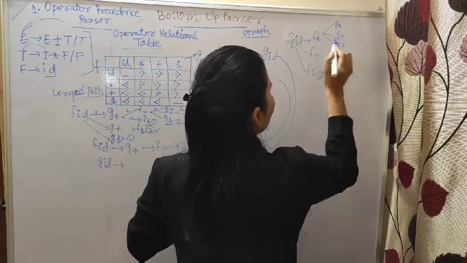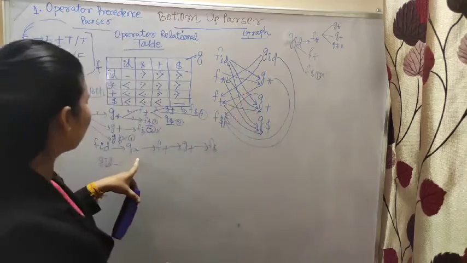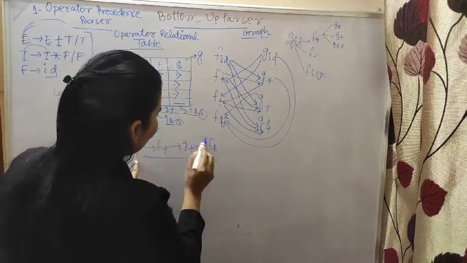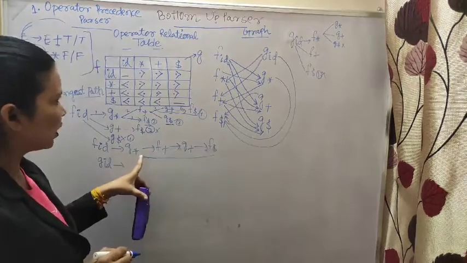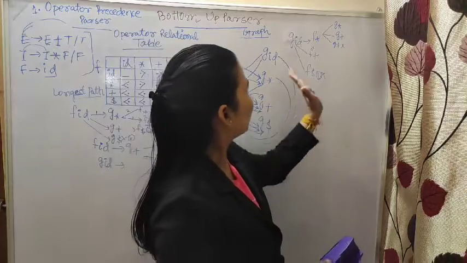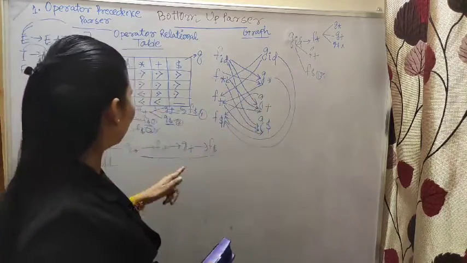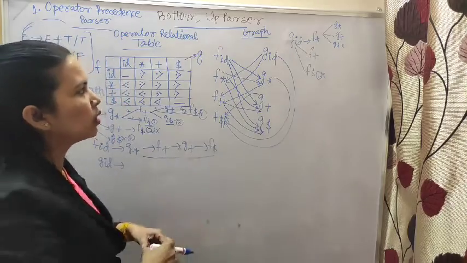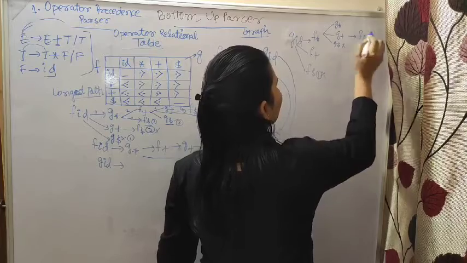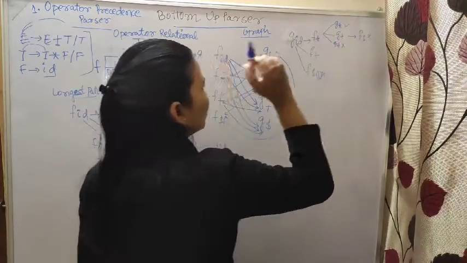Now G dollar is shortest, cut it. Now we will check G star. From the G star we have only this path. So without checking this path, G star takes this one. And if I choose G plus, it is going to only the F dollar. So this is also not the longest, and this one is the longest path.